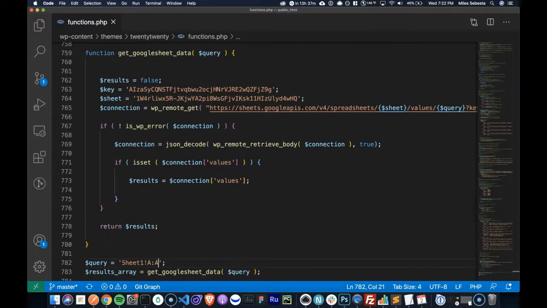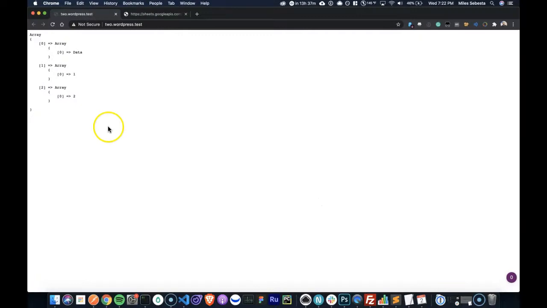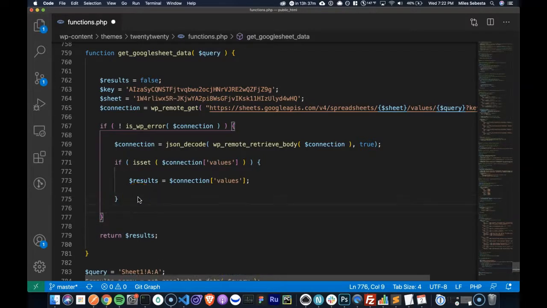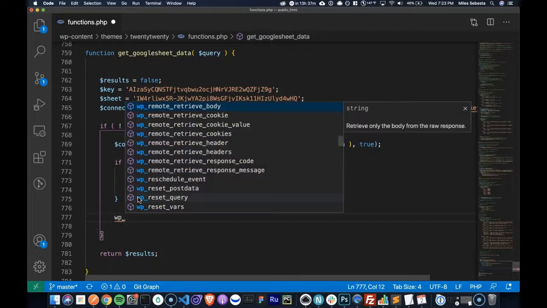All right, so a couple things that we'll want to do is that every time we hit this page, it's actually making a request out to the Google API, which isn't bad, but sometimes you might want to cache it. So what we'll do is change this to be WP cache add.